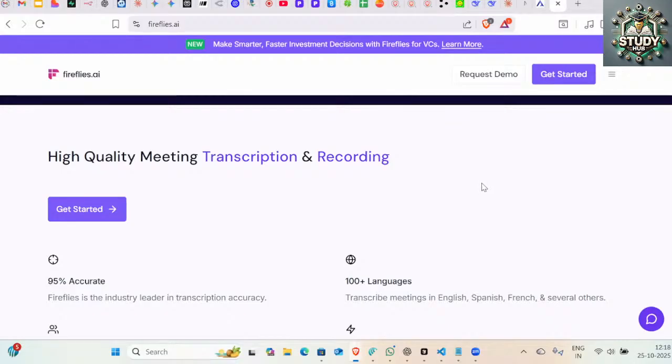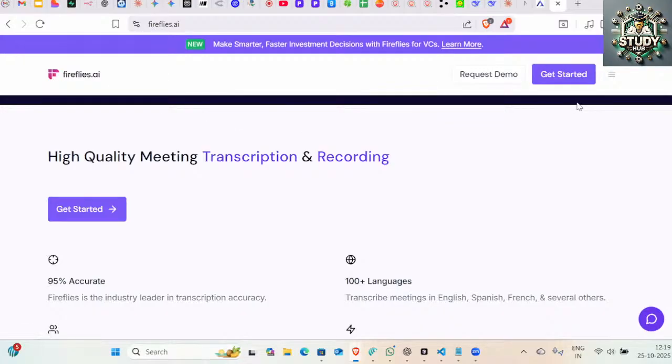Let's say I'm not able to make it, or I have a clashing meeting at the same time. So I'll send my Fireflies bot into that meeting, which listens to each and every conversation, and finally it will summarize it for me. And if someone has taken my name, let's say, okay, we want to discuss this thing with Divij, it will pinpoint and give me the action items as well, that you have to take the discussion.